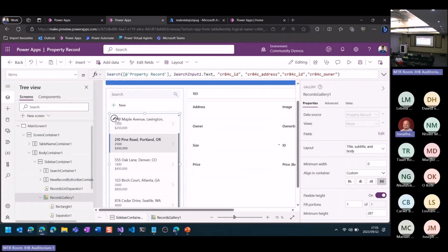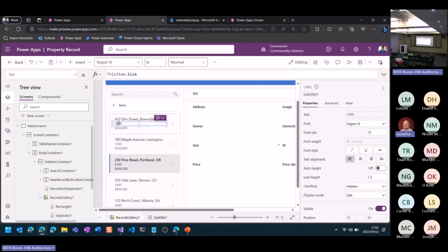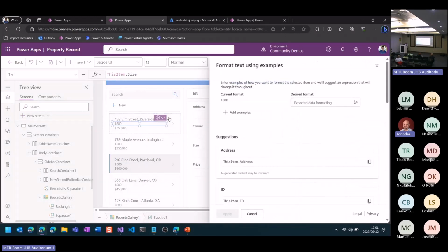So what I'm going to do now, I'm going to go to the template. So I'll click on the size, and we'll do the same thing. We'll do the text formatting. And this is the size of the property, right? So I'm just going to write down what I would like it to look like. Again, that's the current format. And then